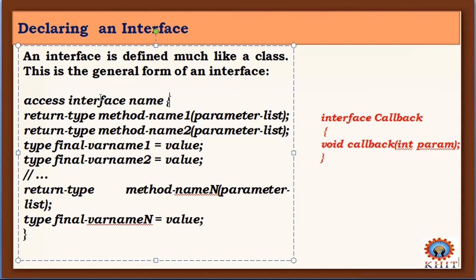So the method in the interface doesn't have any body. So body లేదు కాబట్టి after the end of the method you just end with a semicolon. Okay, and you can write the variables మనం రాయొచ్చు, కానీ ఆ వేరియబుల్స్ ఏమై ఉండాలి, ఫైనల్ అయి ఉండాలి. That means the value and the variables cannot be changed. The values of the variables cannot be changed throughout the program. That is what the interface is.